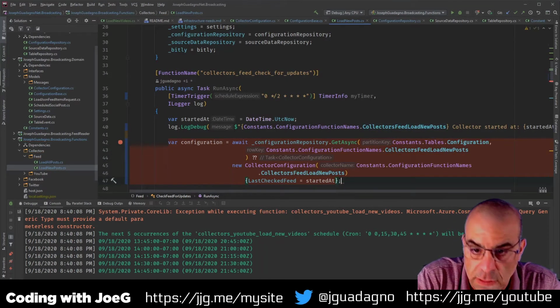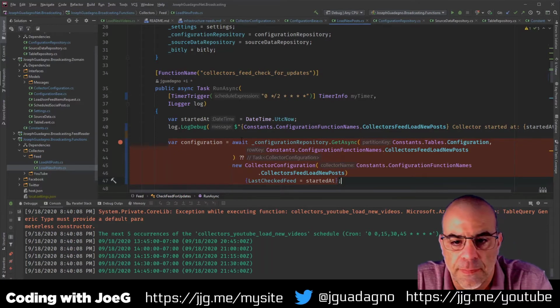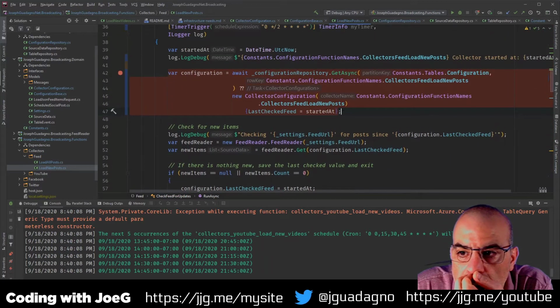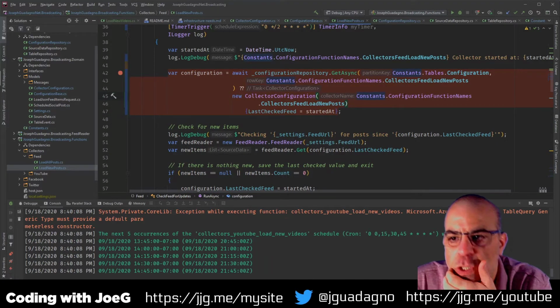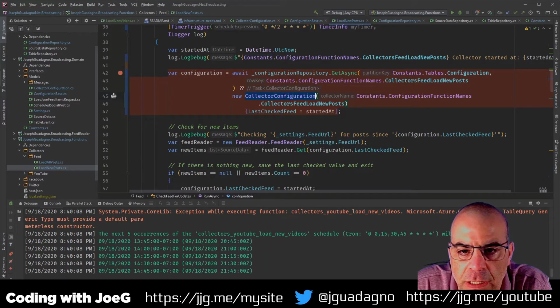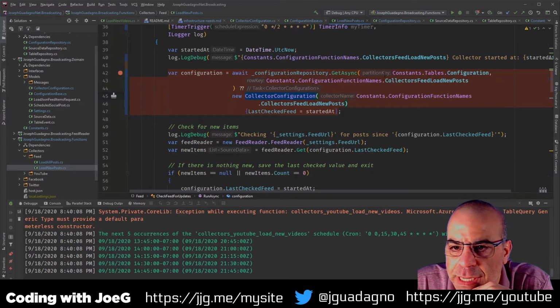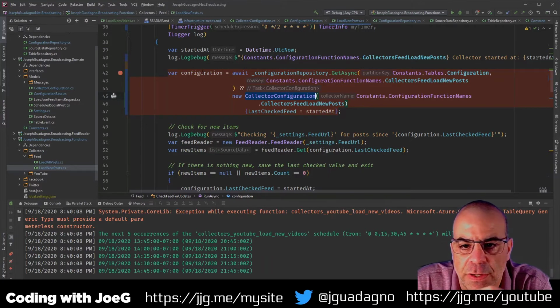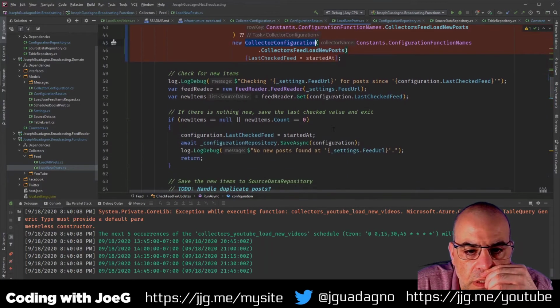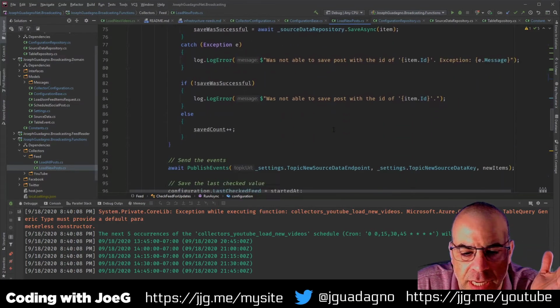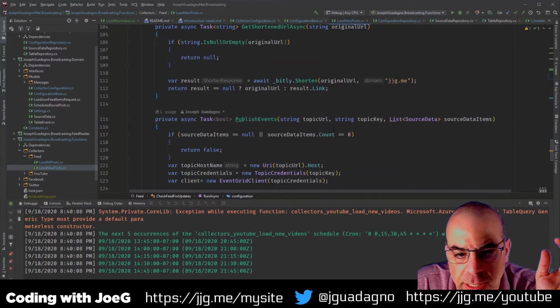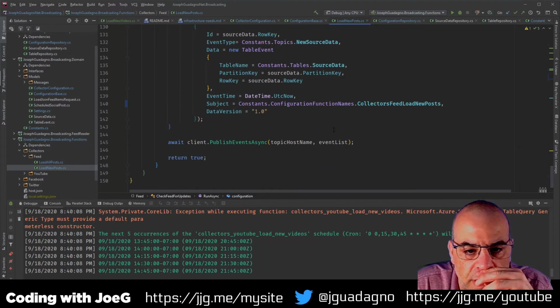Let's make sure that's formatted right. And then this should still be good because of the collector configuration. So what we're doing here is saying, get me the data from an existing one and return that as configuration. If not, create a new one. And then after that, I just save it all. I should be injecting these and then I don't have to worry about this, but I was just playing around with it and getting it.